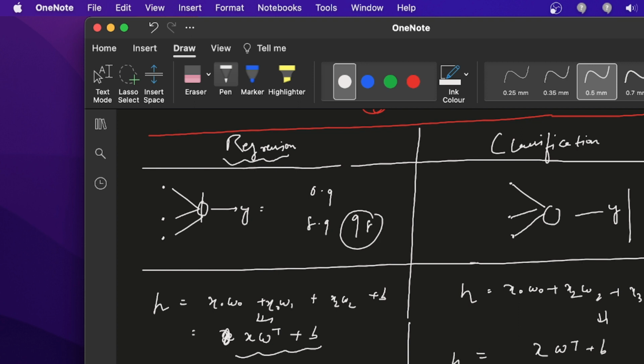Since you are using classification, you will pass the hypothesis into some equation. Here g is your activation function, maybe sigmoid. Suppose you are going to use classification, sigmoid is enough. Okay, you can solve this.